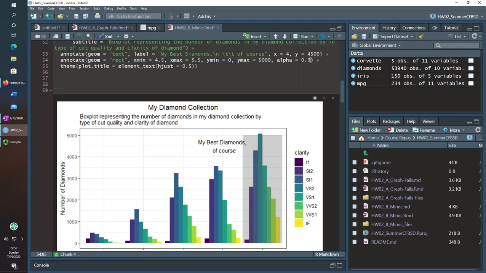And this is where the alpha function comes back in, because if I had this at 1, it'd probably be too dark, so I wanted it to be lighter so that you can see the data actually, and it's in the background where I'm highlighting it as if I'm talking about this area in particular.